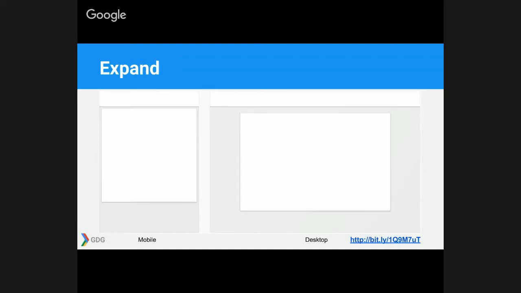The next is expand. So we saw the examples about the gutters and the margins. So on the right here for desktop, we may have a very large display and there's not really a need for the content to be stretched. There may be large white spaces between that don't really look that great. So you can have these nice margins. So even though the screen expands, you can keep your content at the size that you think is the best